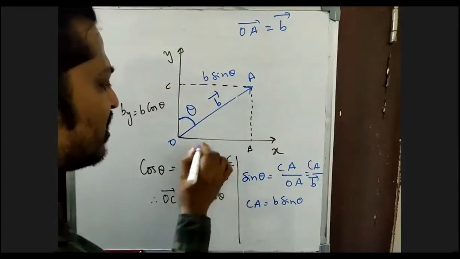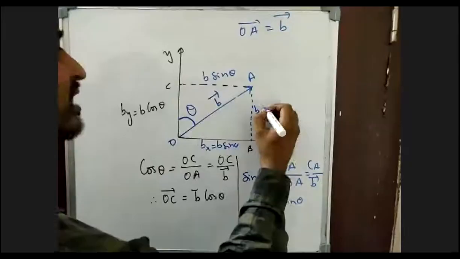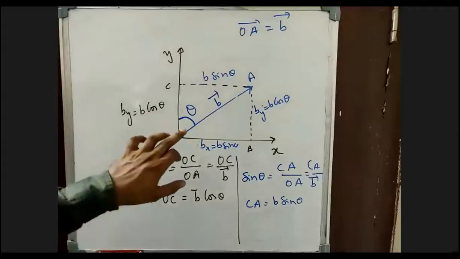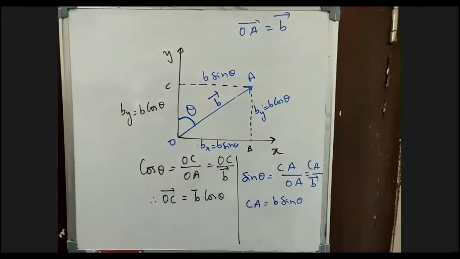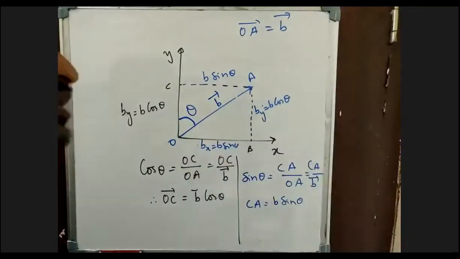So B along the x-axis will be equal to B sin theta. If this is BY, this one is also BY, that will be equal to B into cos theta. So I hope you're clear. When theta is with horizontal, how do you take it out? And when theta is with vertical, how do you take the angle resolution of a vector? I'm trying to resolve the vector only in 2 dimensions. We will do further in 3 dimensions also. So right now, completely understand the vector resolution in 2 dimensions. I hope you got clarity.